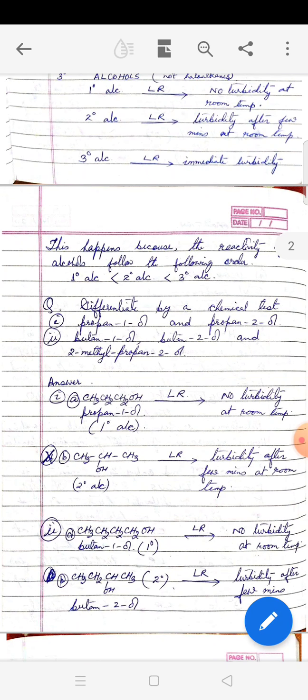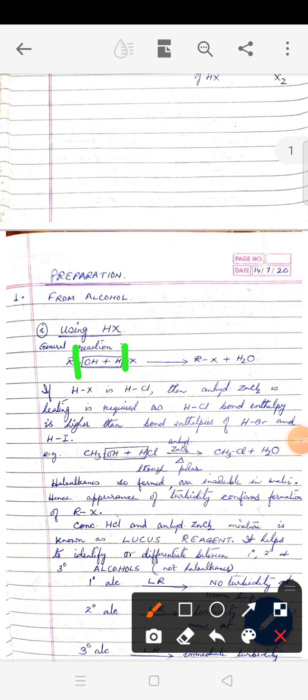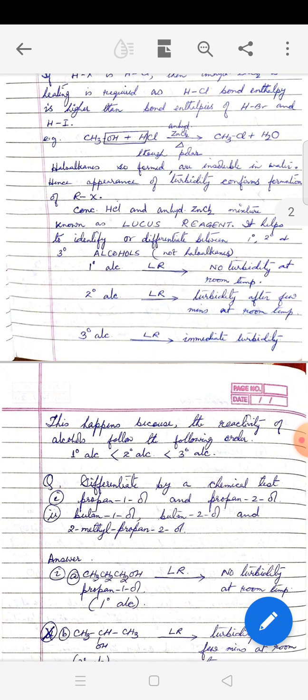Now why does it happen? This happens because of the stability of the carbocation. As you can see here, we have drawn the box. Wherever the box is drawn means the bonds are breaking here. The reaction will be governed very much by the bond enthalpies. Whenever the bonds are broken, R will be forming as R+, that is a carbocation, and the reaction is governed by stability of carbocation. As you know, primary carbocations are less stable than secondary, and tertiary carbocation is most stable, and that is why the reaction is showing different trends with primary, secondary and tertiary.